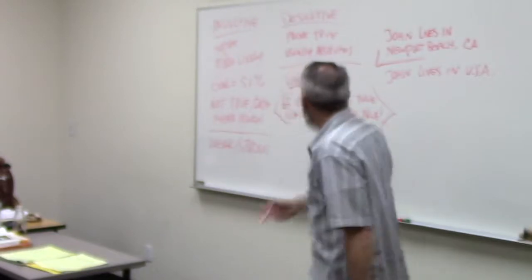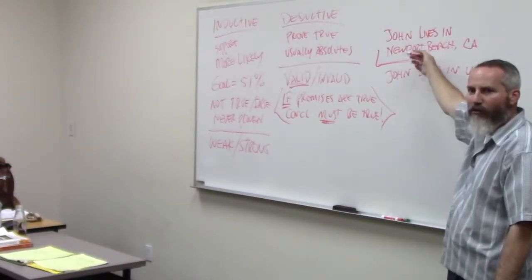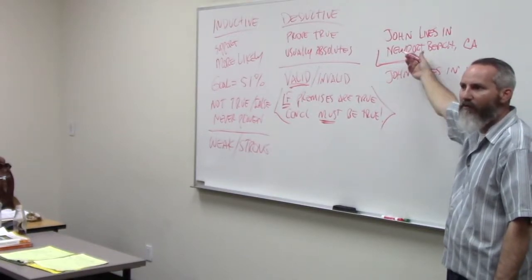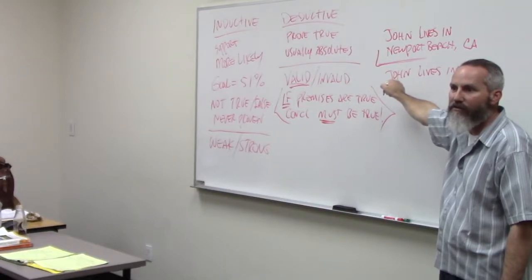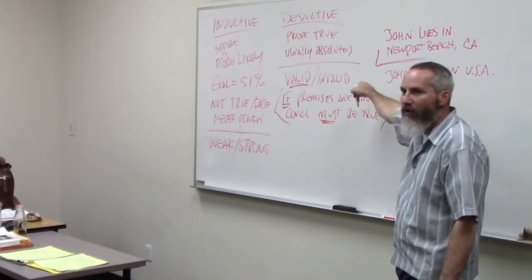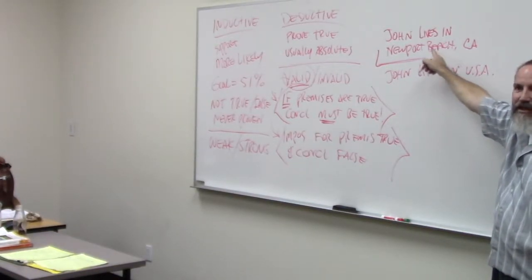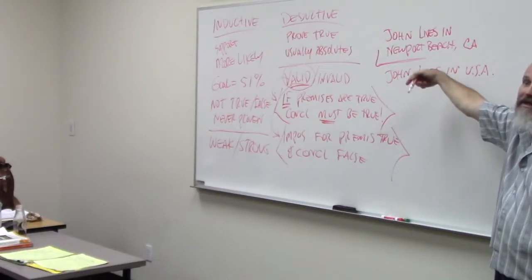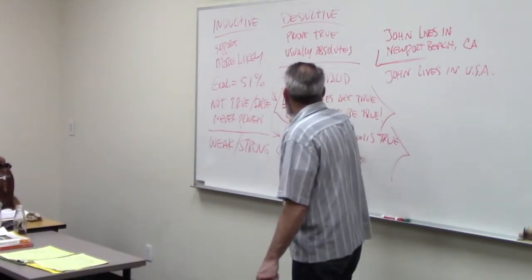You go, okay, we're talking about where John lives. We're talking about locations. It follows, it flows. See how this follows and flows from our premise? And if our premise is true, our conclusion can't be false. Or it's impossible for our premise to be true and our conclusion to be false. Is it deductive? Yes, because the intent is for our premise to prove our conclusion. Is it valid? For validity, we ask if our premises are true, must the conclusion be true?